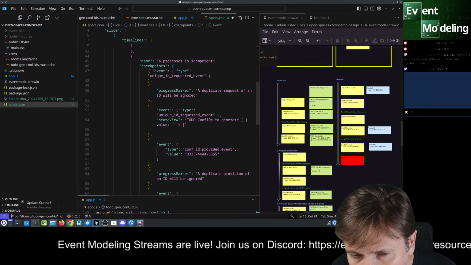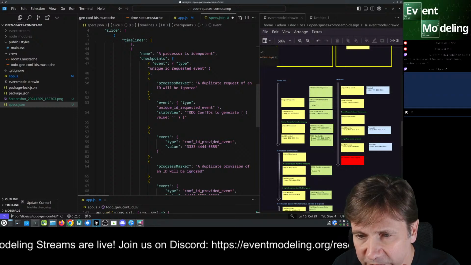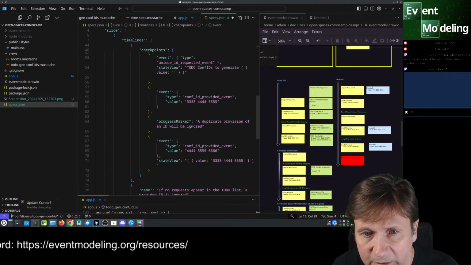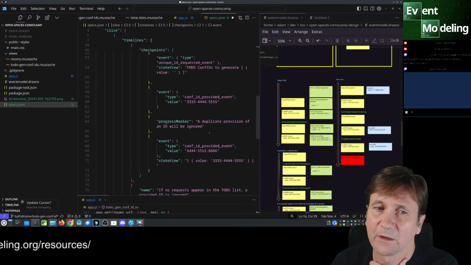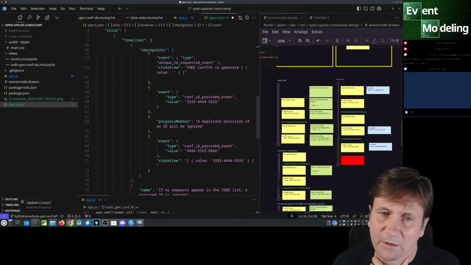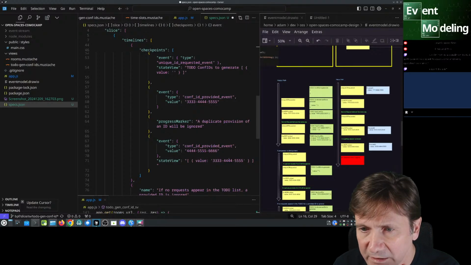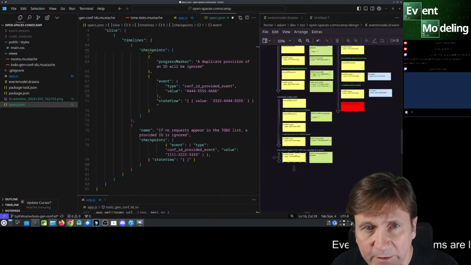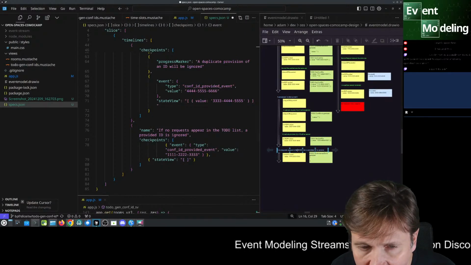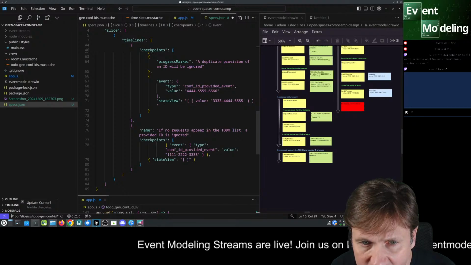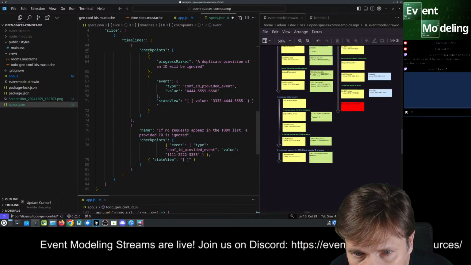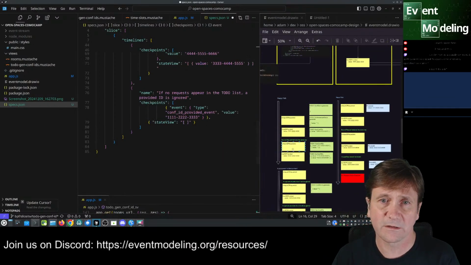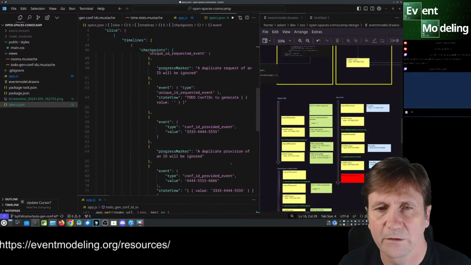Then we have a provision of that, and then a duplicate provision of another ID will be ignored. So even though it's that, it keeps what it's supposed to be. And then we have the last one. If no request, the checkpoint's event is this, and we didn't have a request, so that stays empty. Okay, so that is the textual representation of what we have here.